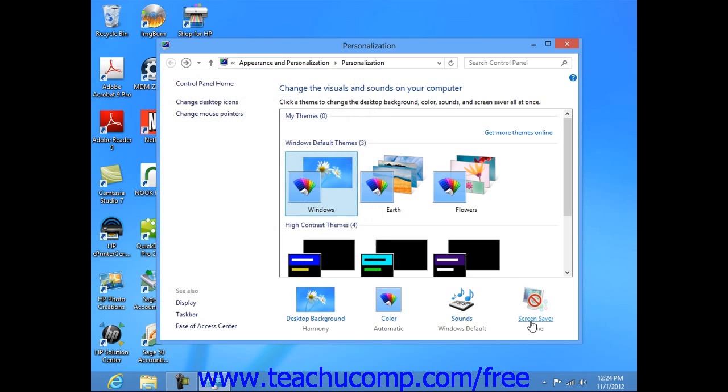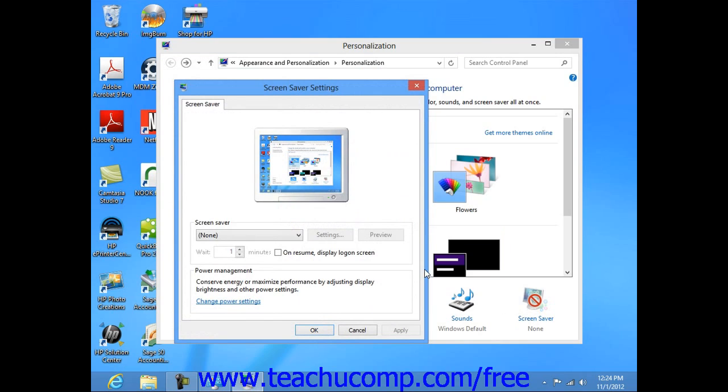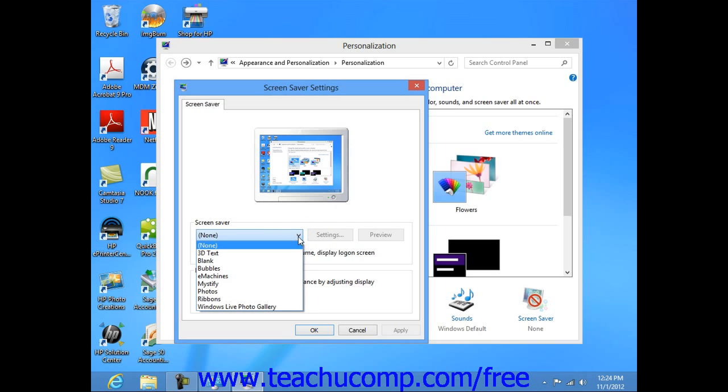You can also click the Screensaver hyperlink within the personalization screen to open the Screensaver Settings dialog box. A screensaver is an animation displayed on screen after a set time period of inaction has passed on your computer, so that the desktop image that is displayed will not be burned into the monitor permanently due to constant unchanging display on screen. So within this dialog box, you can use the Screensaver drop-down to pick the screensaver that you want,